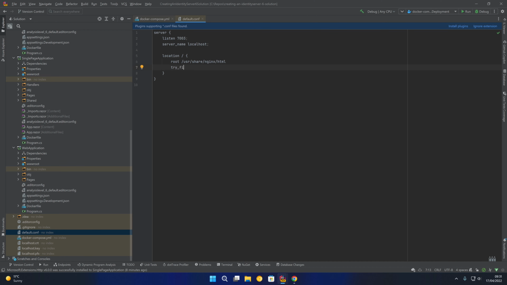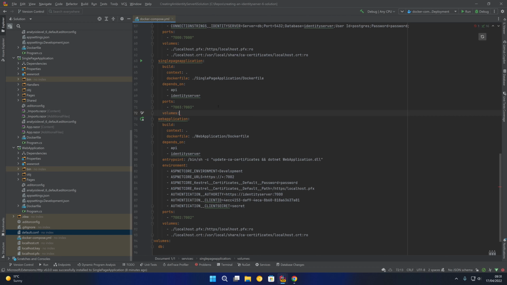And then last but not least, we can say try_files, and we can say $uri, and then $uri/, and then /index.html. That's the common single page application try_files configuration for running in Nginx. Stick a semicolon at the end of those lines, and then what we can do last but not least is